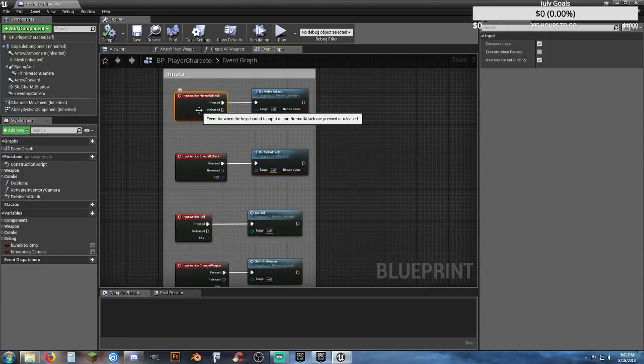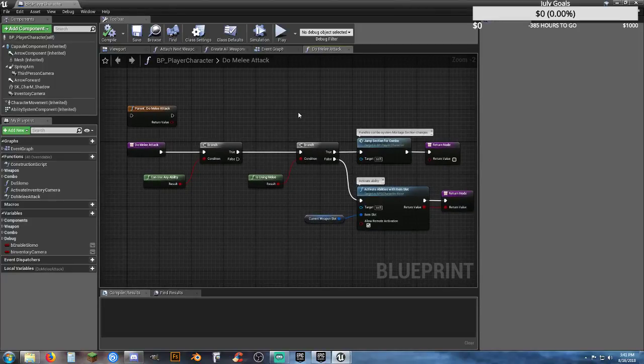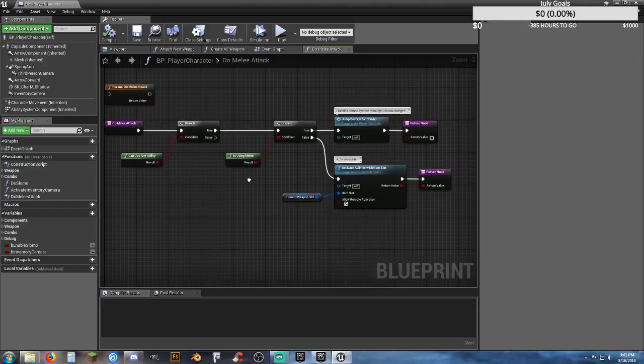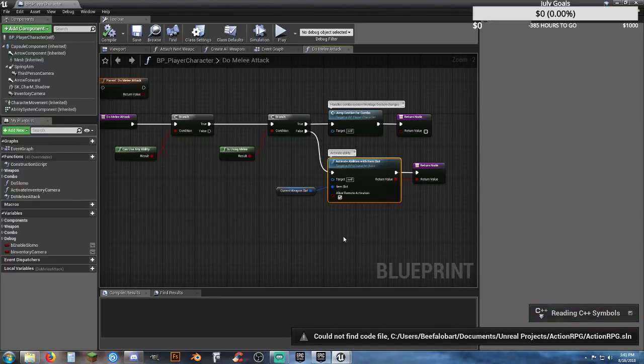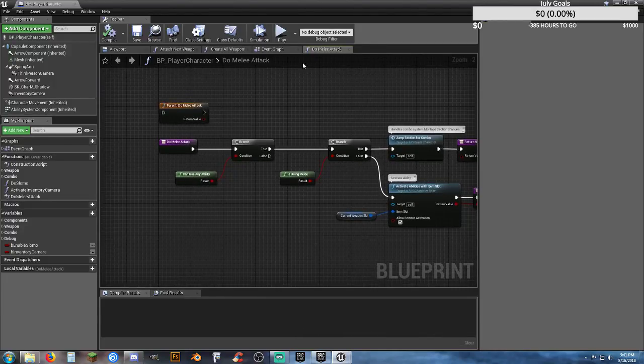input action, normal attack. So it's actually calling a function. So let's take a look at that function. Do melee attack. Where is the reference to the key? Can use any ability. Is using melee. And it's calling another function right here. Reading C++. Never mind. That's not the actual...